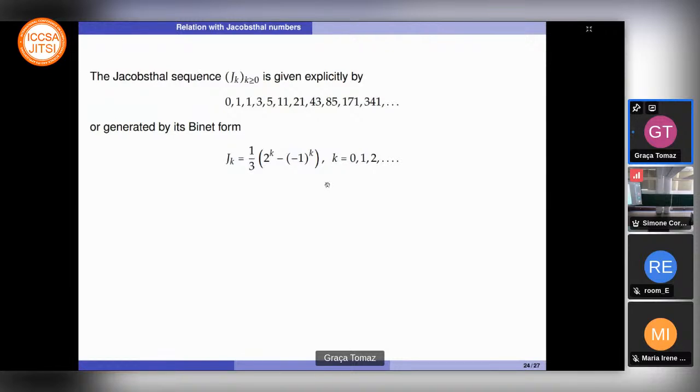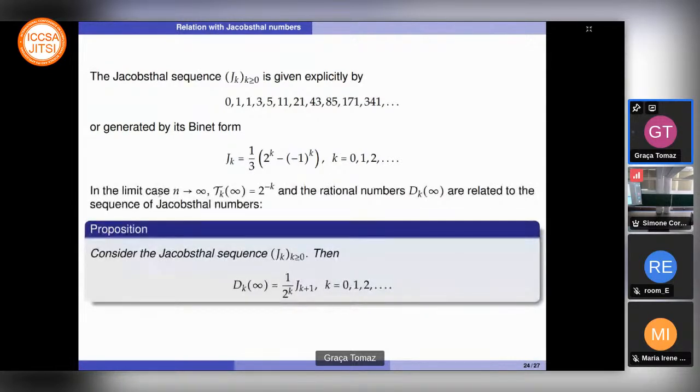I have already referred that when n tends to infinity, the elements of the diagonal, decay, are equal to power minus k. And now the relation between these numbers, decay, with the Jacobsthal sequence is expressed in this